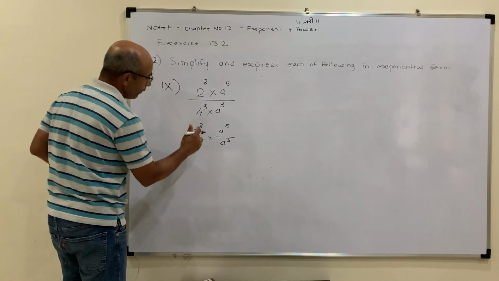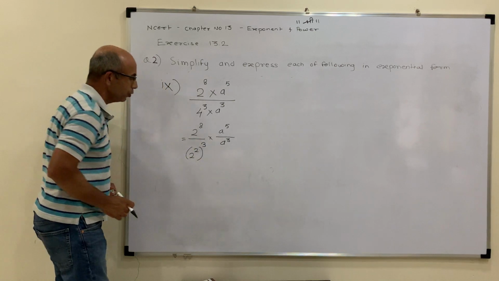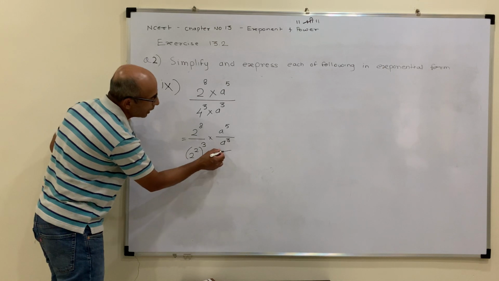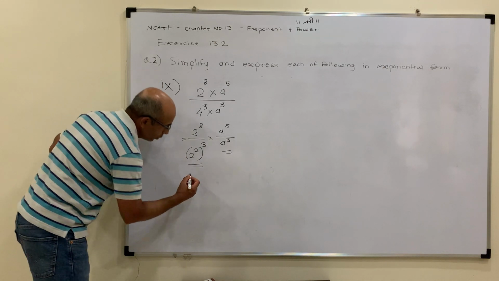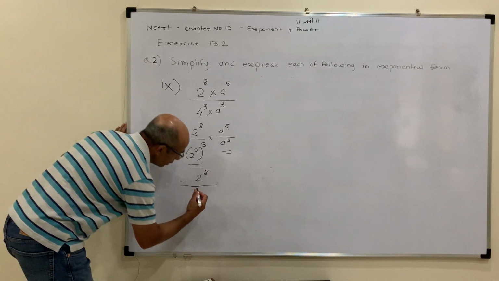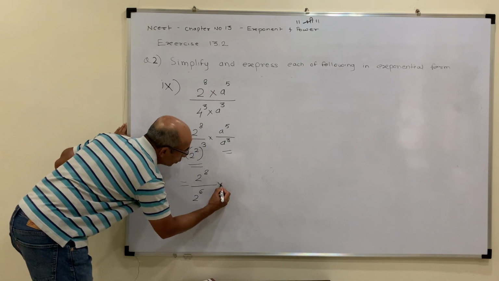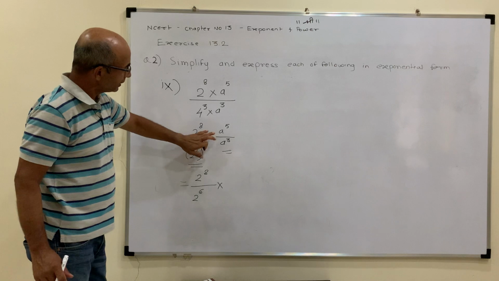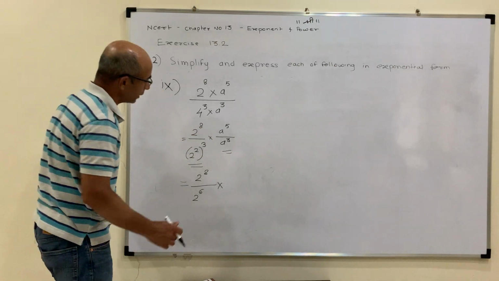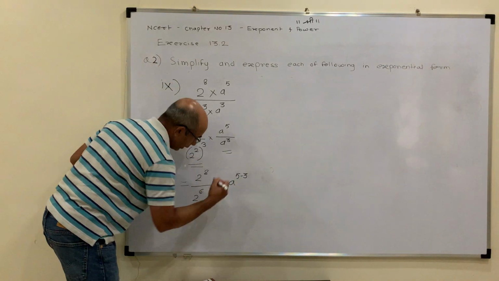Now in case of 4, 4 is nothing but square of 2. So I'll write 2 squared raised to 3. Now I'll simplify this and this one in this step. So 2 raised to 8, here it is power of power, so multiplication of the powers, 2 threes are 6, into, here our base is the same, operation is division, so the power of the denominator will be subtracted from the power of the numerator. So a raised to 5 minus 3.